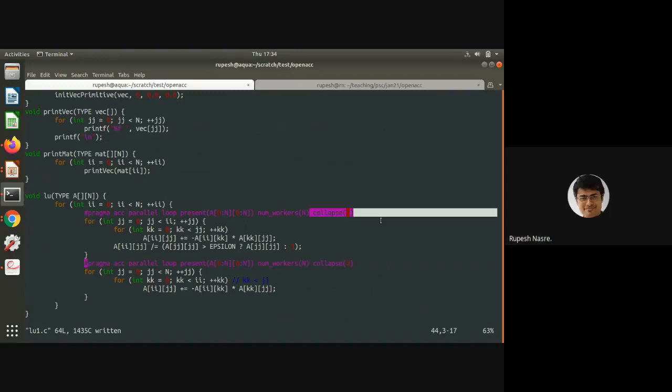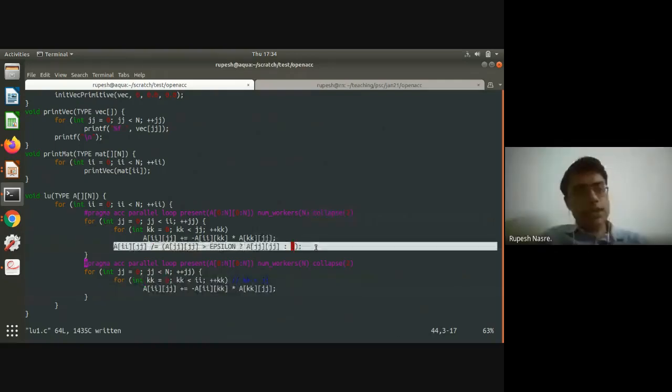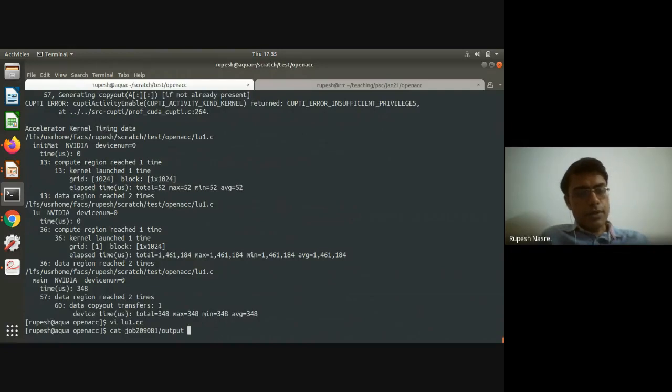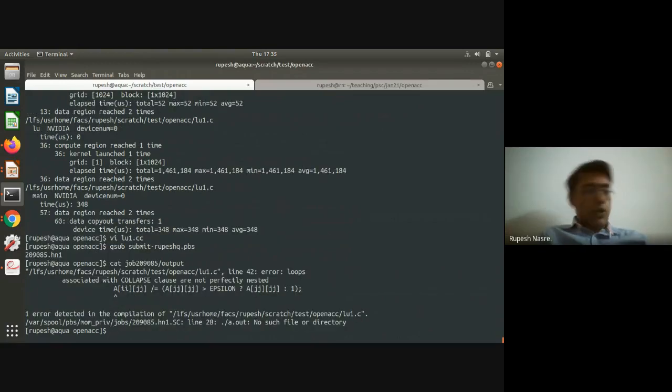What about this? This does seem to have a statement in it, so it may not allow the collapse clause there. Let's see. We will try to use this nested parallelization of the J loop rather than the I loop. Okay, so there is some problem, as we were anticipating, that the collapse clause is not allowed at that location,